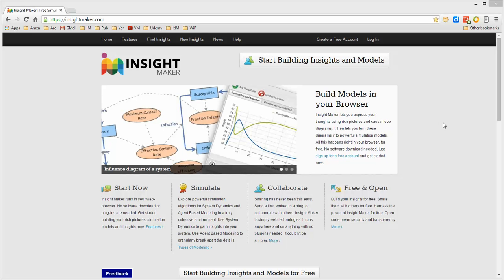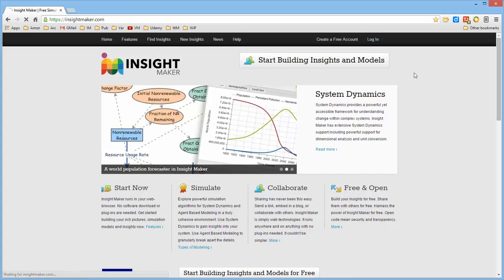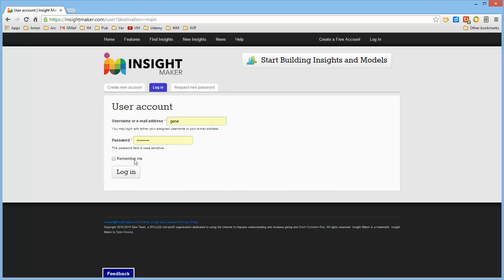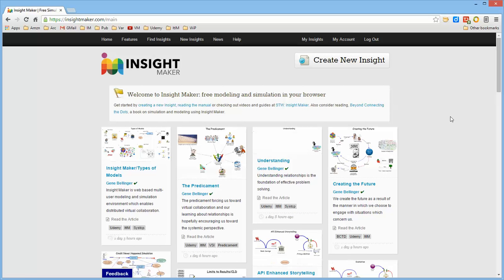Now that you've created your InsightMaker account, you can go back to insightmaker.com, log in, and tell it to remember you, so that in the future when you access your models via their URL, you won't actually have to log in. It's a persistent login that will continue until such time as you explicitly log out. But once you finish logging in, you end up in a completely different environment where the first thing